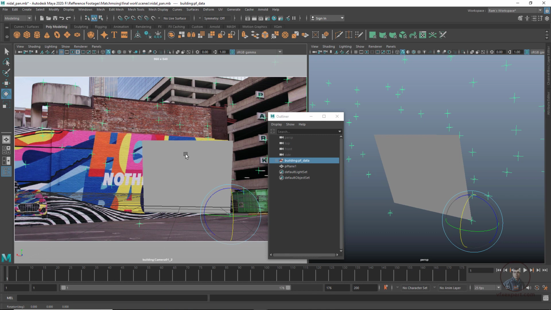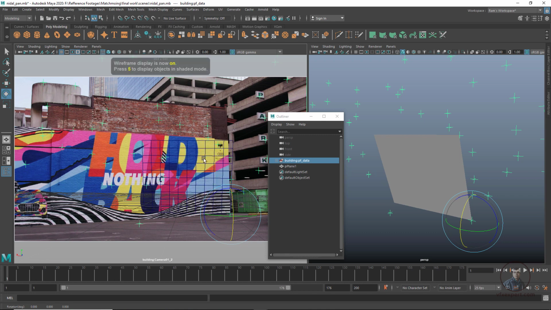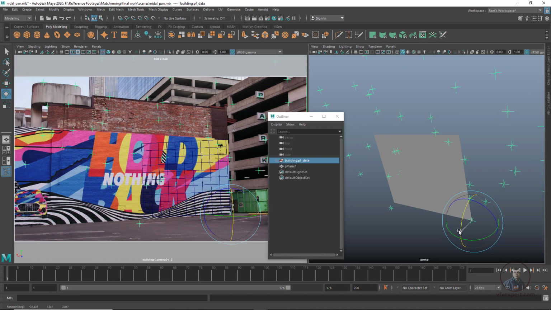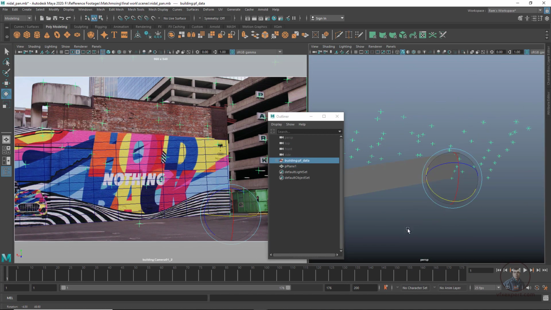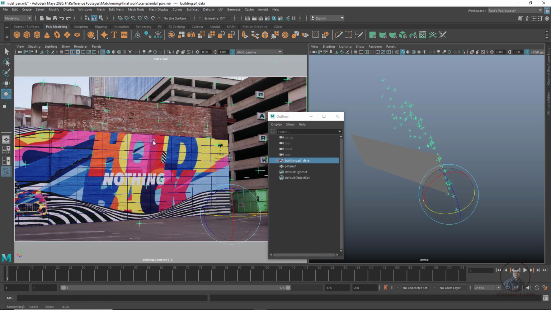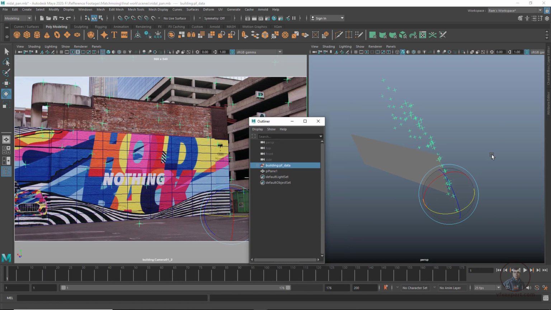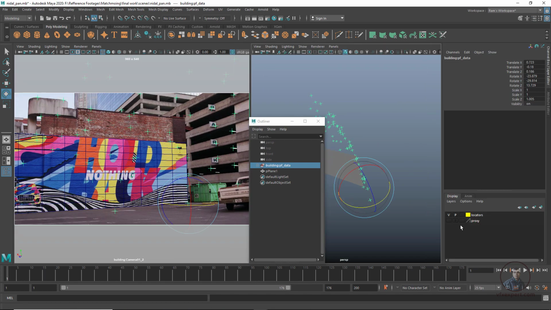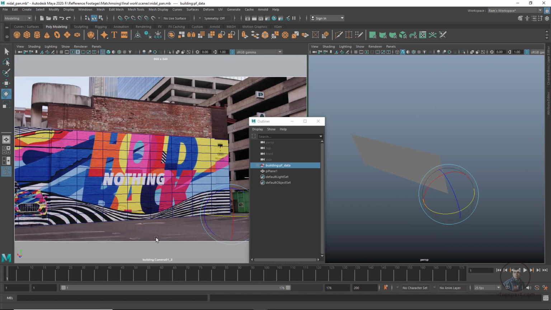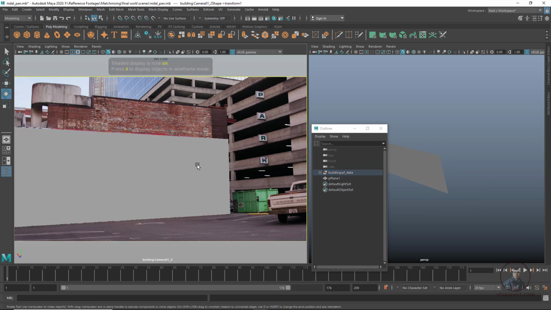Now here select and press 4, maybe wireframe mode, so you can easily focus here. After this I am going to orient our scene: select the scene group and orient it a little bit. Maybe here you can see this is looking good. Even if you want, you can switch to our locator here. Now from here you can easily see this is matching perfectly. This is also going to match. Then select this one a little bit if you want. I think it's going right. From here you can easily see, and press 5. Okay, so here I have oriented our scene.